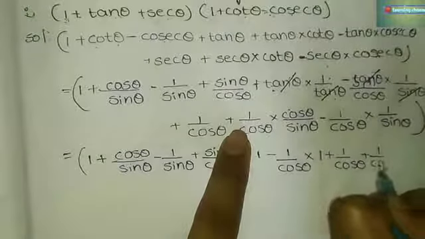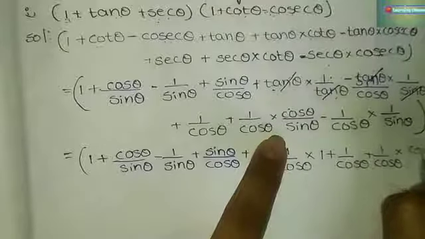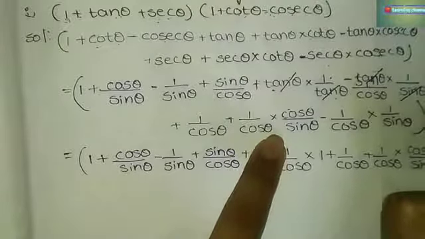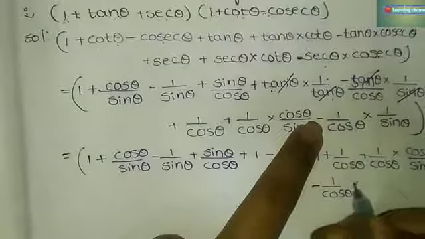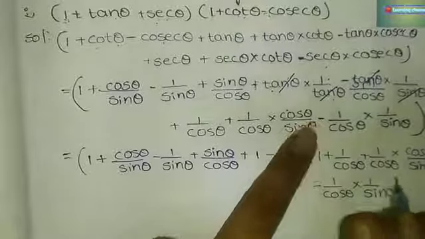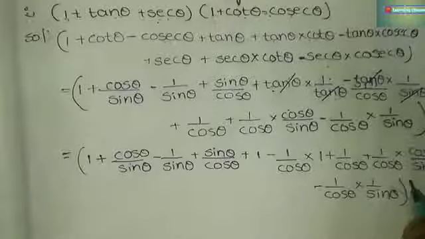So our answer is, it will become 1. So 2 plus 1 by sin theta cos theta minus 1 by cos theta sin theta. Here plus 1 by sin theta and minus 1 by cos theta will cancel. Here we have the formula cos square theta plus sin square theta is equal to 1. So I have written 1. So the answer is 2, which is equal to 2.